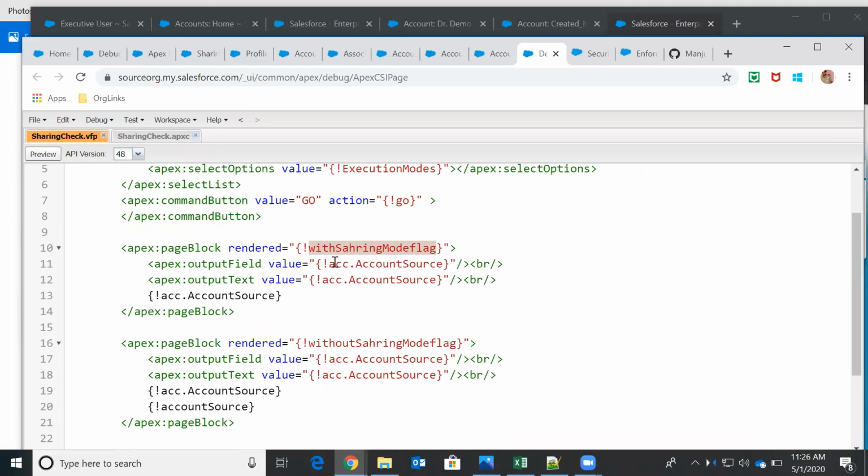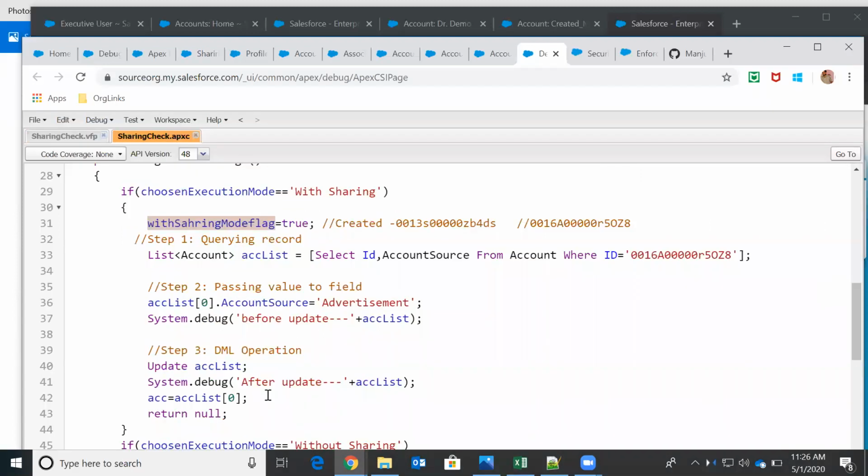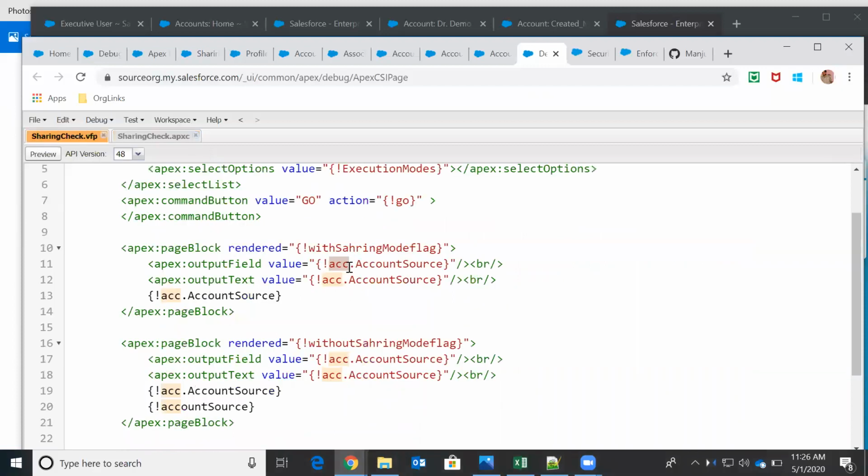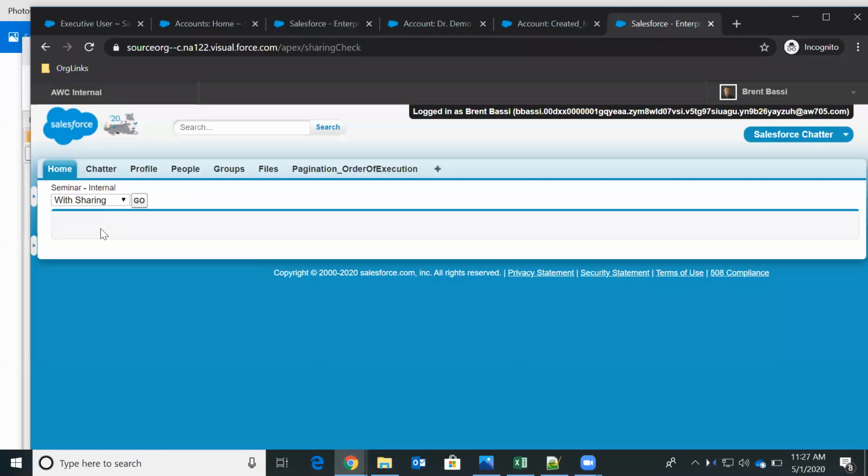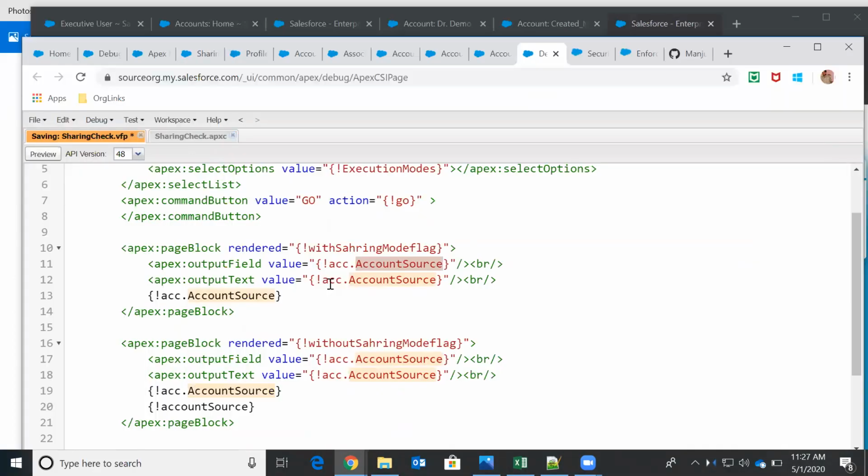And here acc.account source, acc is an object here, right? It's an object, we are passing the entire record here. This is how you access an individual field, account source. Because we don't have access to this field, as a result this screen is blank here. I tried with the output field, I tried with output text, trying to access a field of the object, account source.